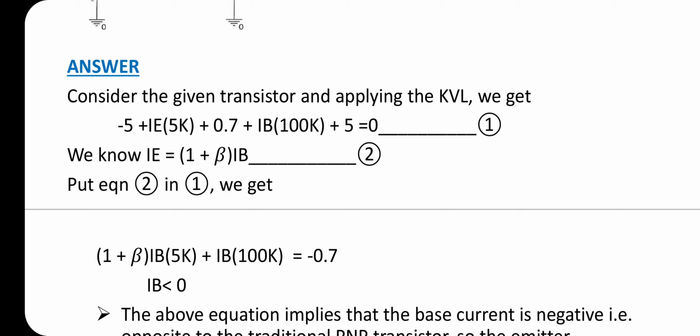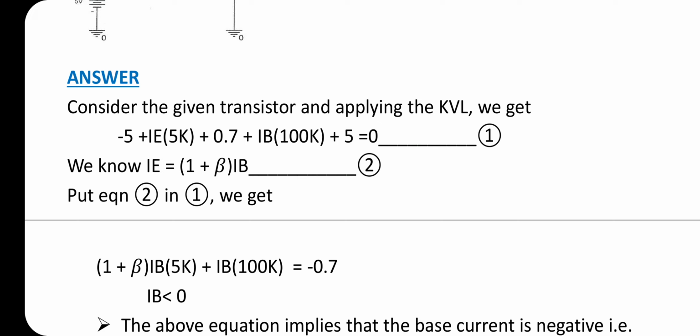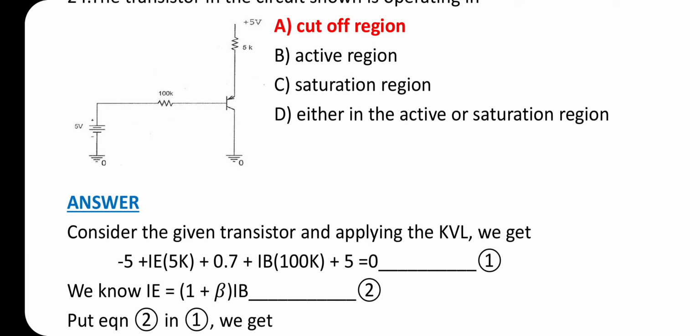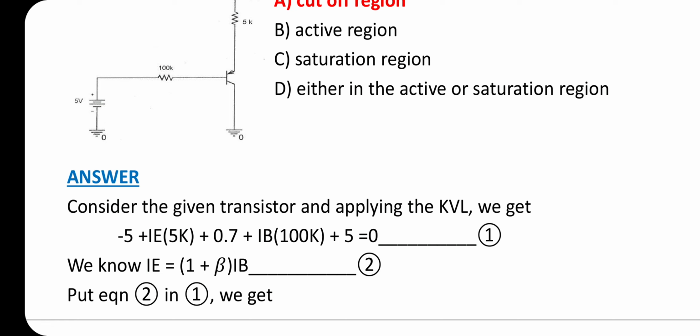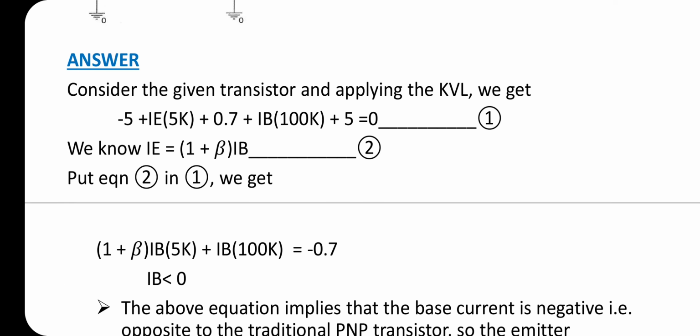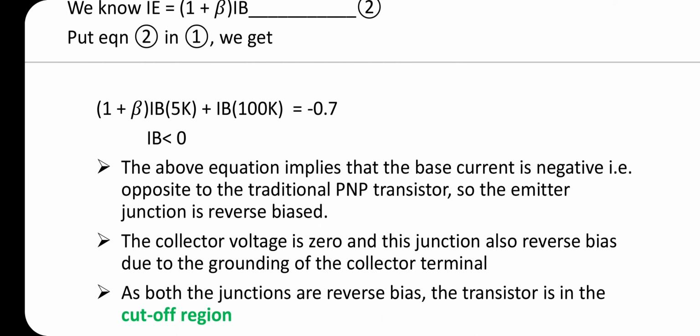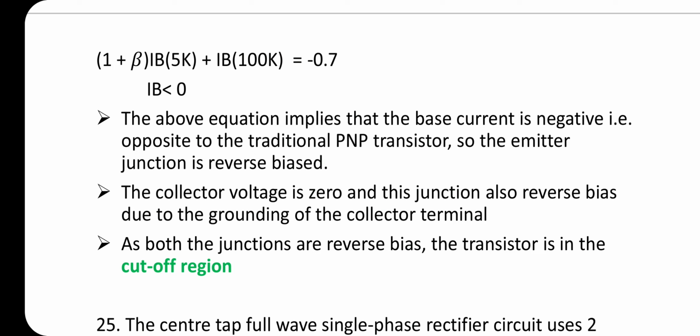Consider the given transistor and applying KVL, we get minus 5 plus IE into 5K plus 0.7 plus IB into 100K plus 5 equal to 0. We know IE equal to 1 plus beta IB. Put equation 2 in 1, we get (1 plus beta) IB 5K plus IB into 100K equal to minus 0.7. That is IB is less than 0. The above equation implies that the base current is negative,